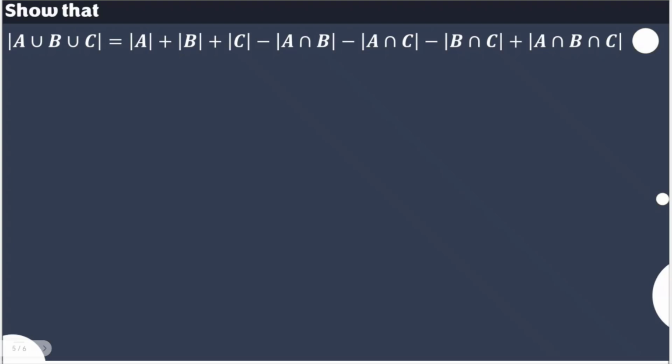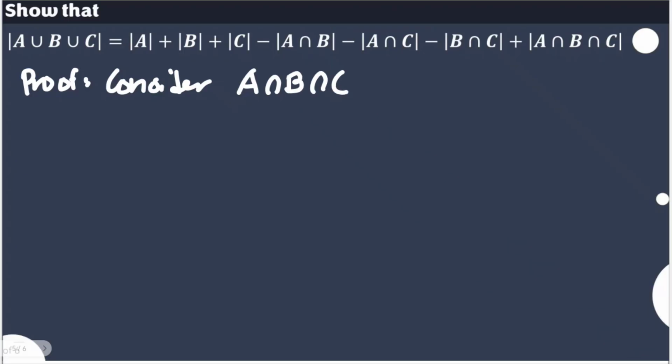This idea for the principle of inclusion and exclusion was already presented in the previous video. But this time, let's try to really show that this is true. Not necessarily a proof, but let's say it's a proof. Consider the intersection of three finite sets, A, B, and C, and